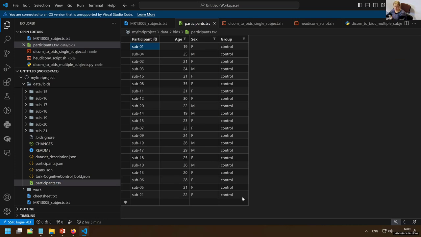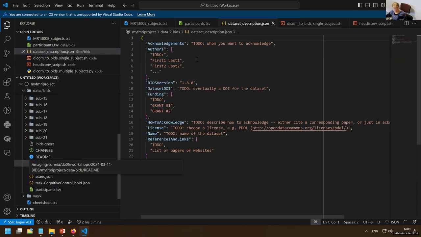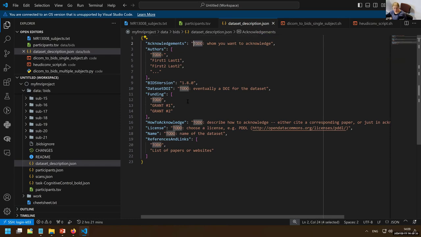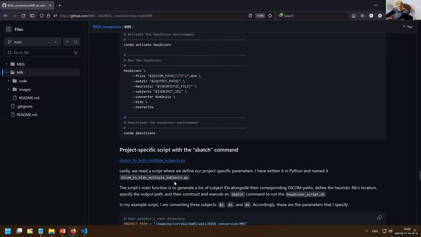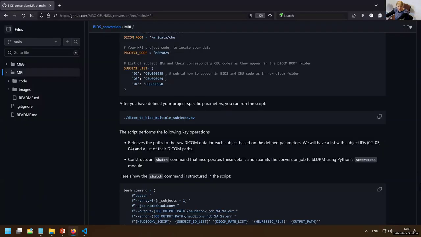If you had multiple groups, then you need to edit this yourself. And so it generates this participants file and some other things, like dataset descriptions that you need to fill in. It adds these to-do items, what else you need to do to fill in the dataset description and other things. Okay, so now what we can do is, as Rick mentioned,